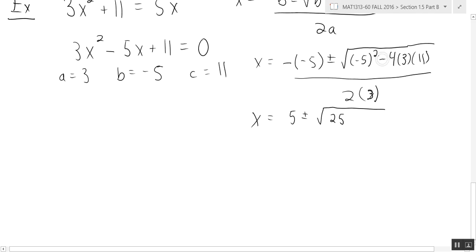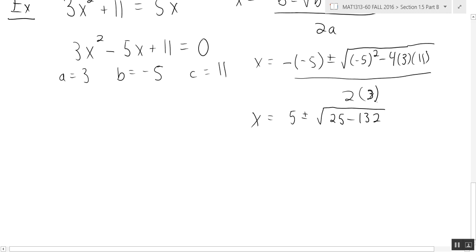Alright, so here I have negative 4 times positive 3. That's negative 12. Alright, and then I have negative 12 times 11. Remember that times table? Negative 12 times 11. What would that be? Negative 132, right? 12 times 11 is